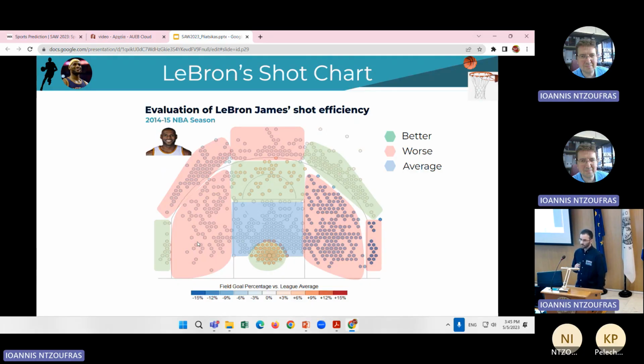Why can't they guard him in these areas? Regarding the three-point shots, I'm going to answer from a more basketball standpoint, because if you see LeBron shooting three-pointers, he always takes a step back and goes to the left. So this is very difficult to guard. As for his dominance in the restricted area, he's LeBron James. Good luck with guarding LeBron. I've tried.